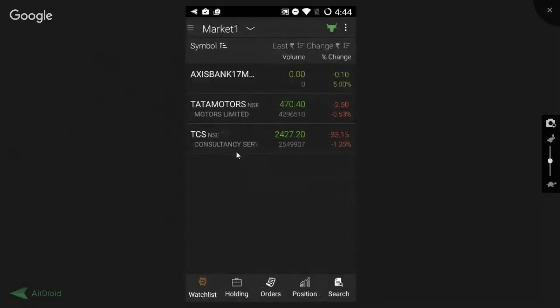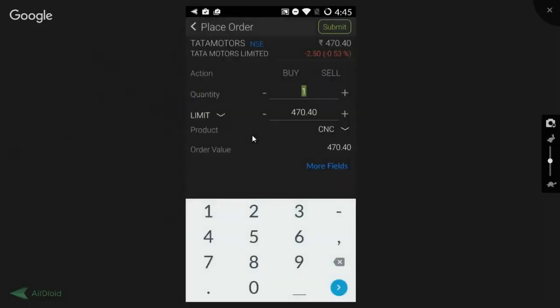We get back to how we can trade. Click on the script, click on T. Here we get to the trade tab. This is again basically the summary of the script that we've selected. The action we have to select, whether to buy or to sell. When we click on buy, it blinks in green. When we click on sell, it blinks in red.